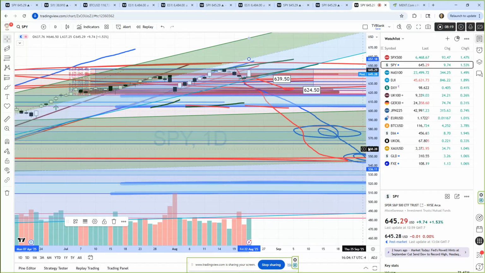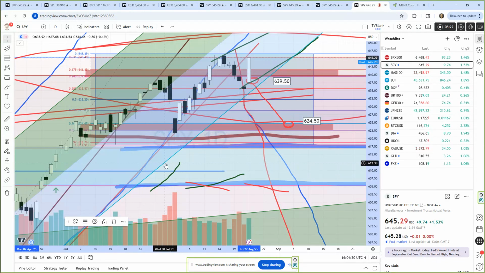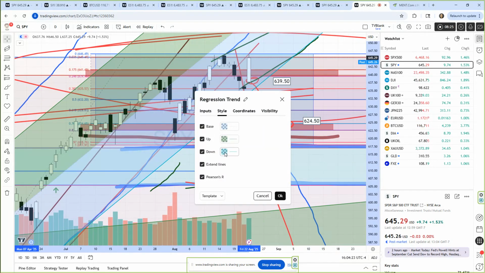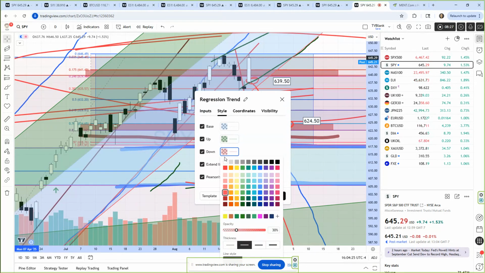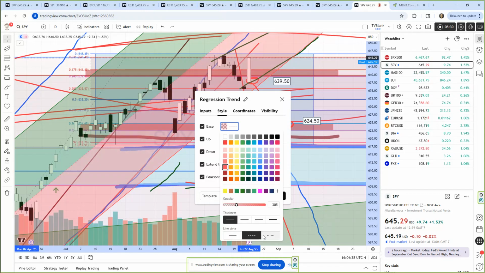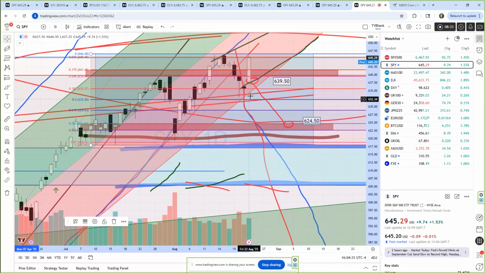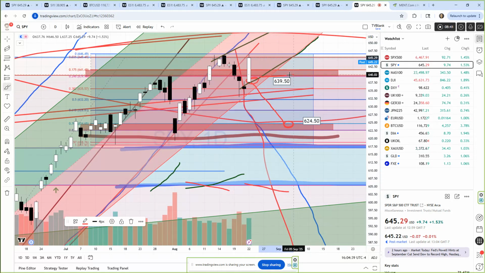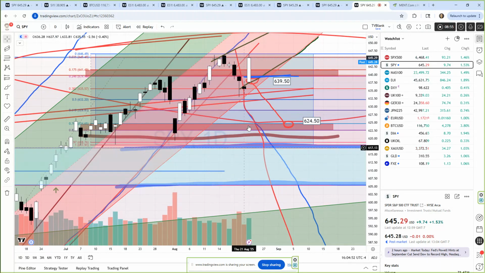If I come in here and take a look, again, I'll change the colors so you can see. And so we would have to get below this 639.50 area. It basically consolidates right in this area, so we have to break below that level to indicate any type of breakdown. Those are my volume levels because I move things around. And again, that would mean that we would likely move down to this level.